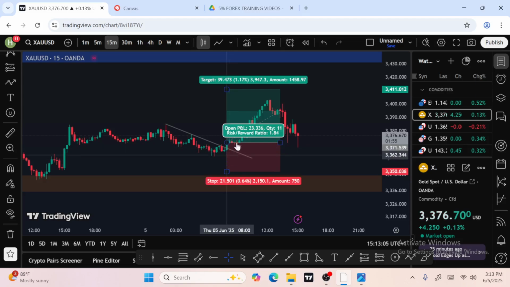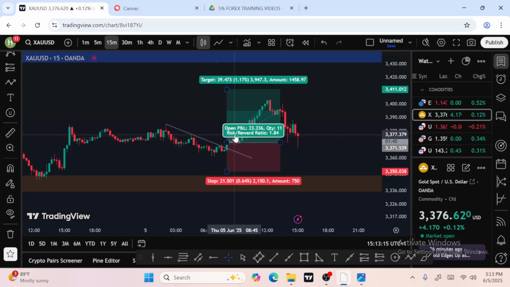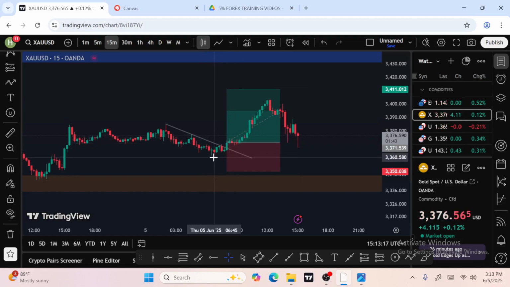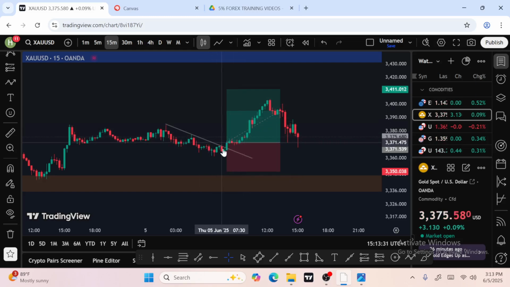So that there can be room, whatever wants to happen, there can be room for the market to still hold and go back. Market can still come down here to be equal to this level and continue to go up. So that is why I gave it enough what? Enough room. So that I will not be haunted by what? By stop.